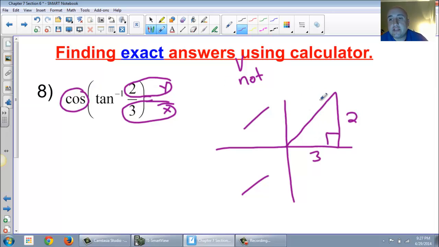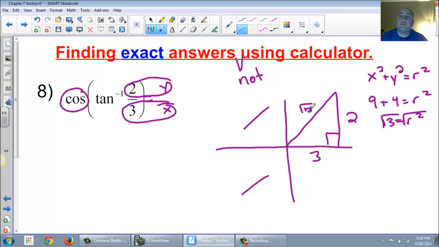So basically, we need to find the radius here. We're going to use x squared plus y squared equals r squared. X squared is 3 squared, so 9, plus y squared is 4, equals r squared. 9 plus 4 is 13. So hopefully you can see that r is square root of 13. Remember, our theta is the angle nearest the origin. So what does it want? It wants cosine